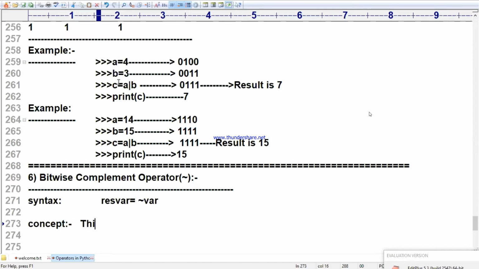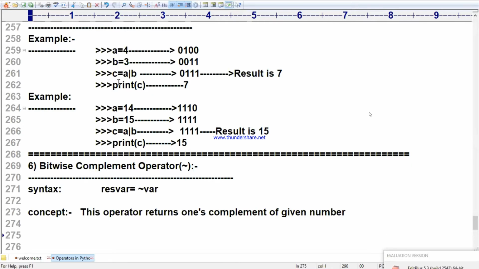This operator returns once complement. Don't try to become a master in the computer organization, because nobody will ask you how the registers are working, how the entire things are working, how motherboard is working. Not necessary. This operator returns once complement.